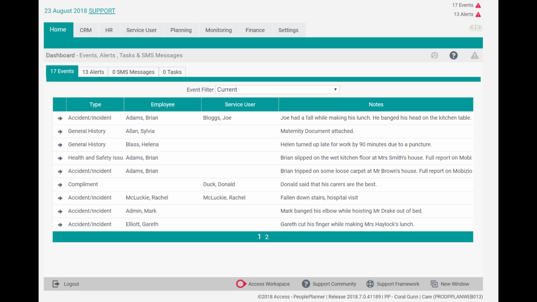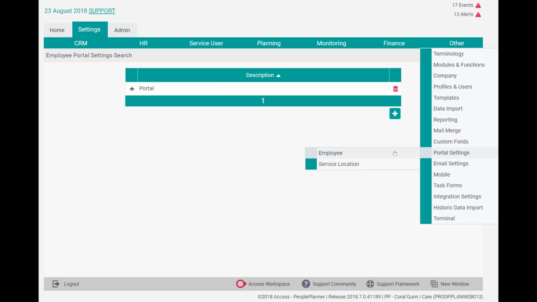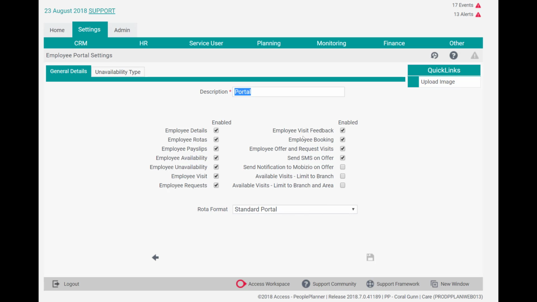And now, for our first demonstration on the Mobizio API for offered duties. In order to allow notifications to be pushed to the Mobizio app when a shift has been offered within People Planner or Care Blocks, you will need to ensure that this has been configured in the Settings area. In Settings, we'll come to Other, Portal Settings, Employee. Selecting the portal, we will need to ensure that the Send Notification to Mobizio on Offer has been ticked